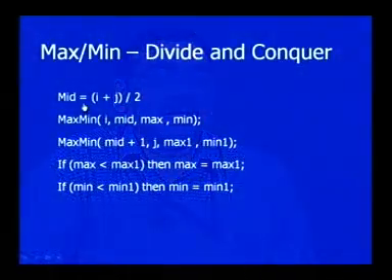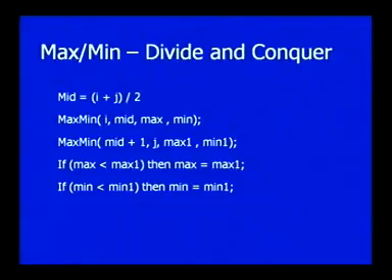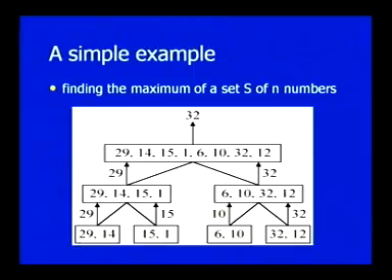Middle you are calculating, then it becomes: up to mid you have one subarray, from mid plus 1 to j another subarray. Then you are finding the maximum and minimum, then you are comparing the maximum of both the arrays and the minimum of both the arrays to give the resultant. So, this is an example you can see.